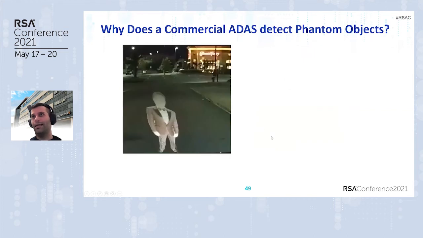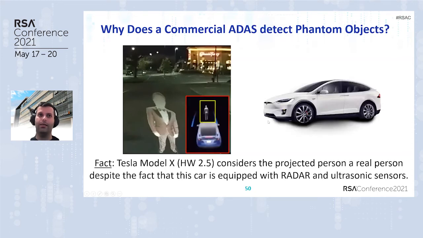Now, we made another experiment. We took the picture of Mr. Elon Musk and projected it on the road. And we placed a Tesla Model X in front of this projection. Here is an interesting fact. Tesla Model X, which was with hardware 2.5, considered the projected person a real person, despite the fact that this car is equipped with radar and an ultrasonic sensor intended to detect depth. And you can understand that this picture is completely depthless because it is the result of a projection, but it is still detected by